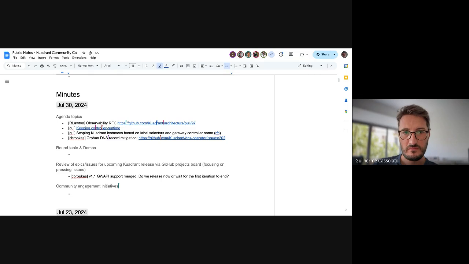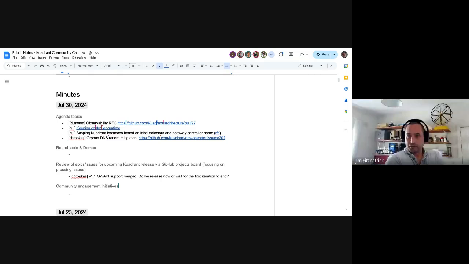Jim? Yes, again, what you just said is kind of how we were thinking about it. That you could think of Quadrant CR as like a gateway CR, and then the subcomponents below being routes, and we're attaching the policies to the gateway and then bringing them down that way.